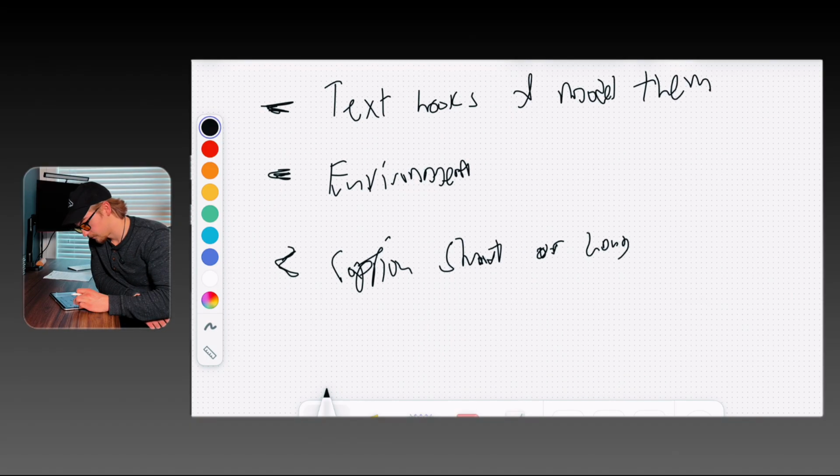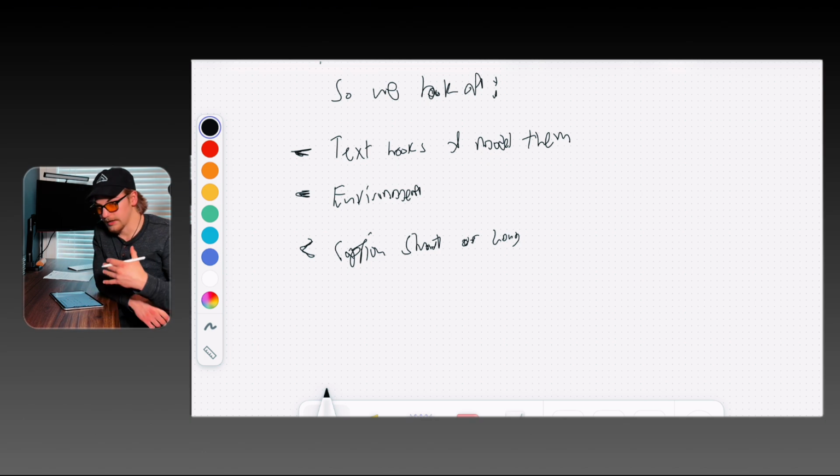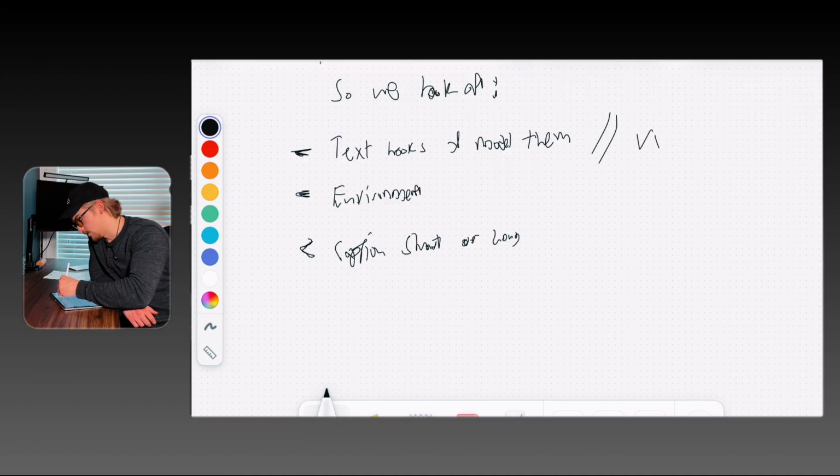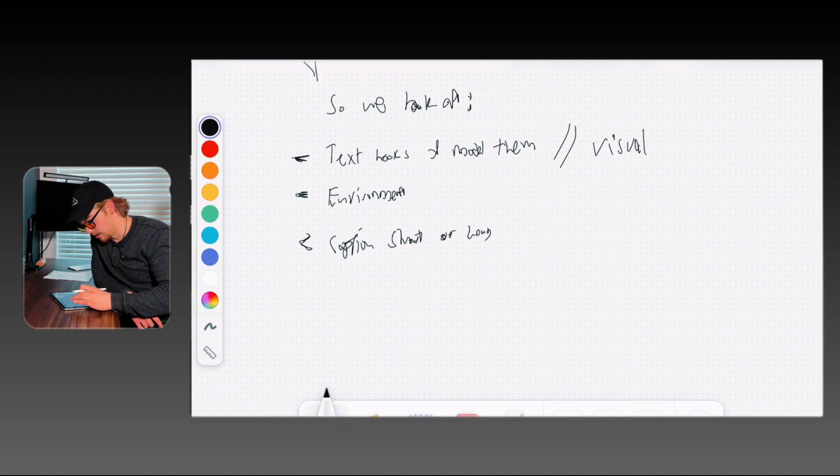Okay, anyway, those are the main ones I look at: the text hooks that were used, the environment, the caption short or long, and the text hook as well as the visual hook. Because there could be talking videos. If talking-style videos are working better in your industry, maybe because your product needs to be discussed instead of demonstrated, maybe it's a more complex product, so you have to teach people how to use it, then by all means